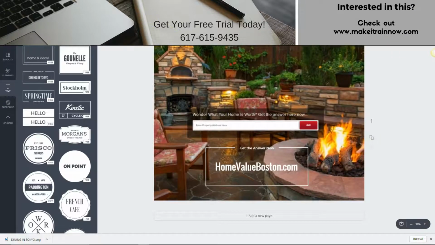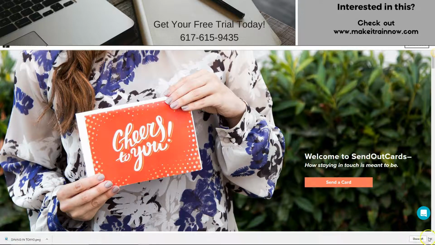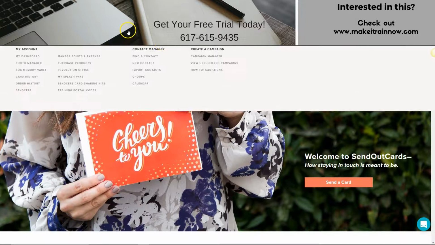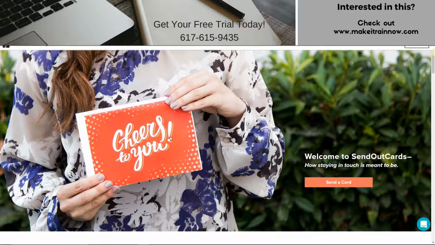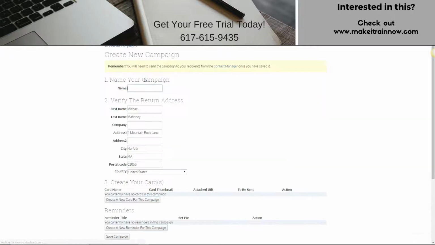Okay. Now we're going to flip over to Send Out Cards, and we're actually going to create a campaign. And the idea of a campaign is something that you build once and can use over and over again. So we're going to click Create Campaign. And we're going to click New Campaign, and we're going to call this Expired